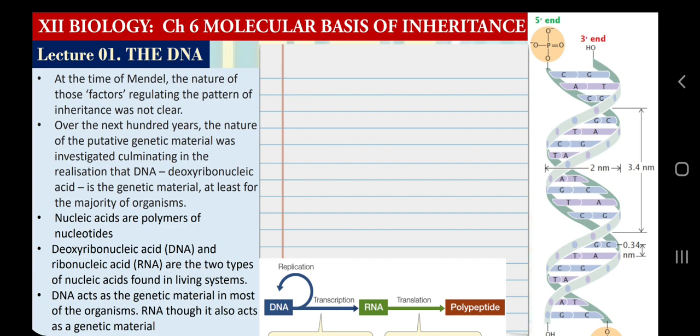Because of this structure, DNA is able to perform many functions, which are very crucial for anything to be the genetic material. What is the genetic material? When Mendel talked about genes or factors, he talked about something which can control things, which can control the behavior of cells, which can regulate the function of cells. How can this be possible? We are going to unfold this mystery step by step along with this lecture.